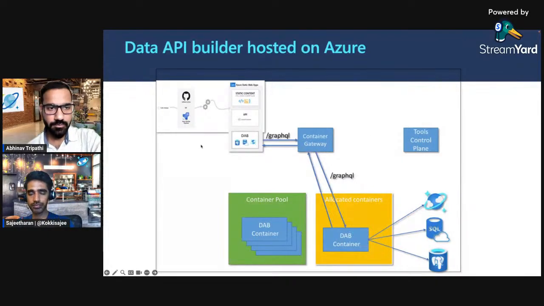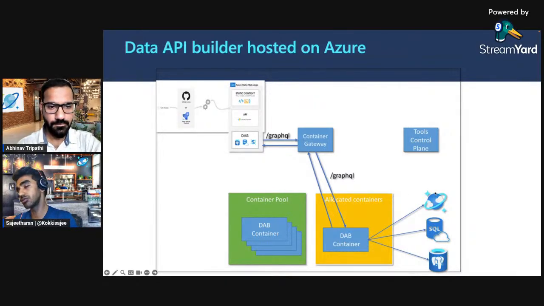So is this a completely managed choice, or does the customer make that choice? We make that choice intelligently. It is based on Azure Static Web Apps. If a customer sits in, say, India, you will be redirected to the nearest container pool, which is created in the South India region. And then those requests will connect to the nearest database.